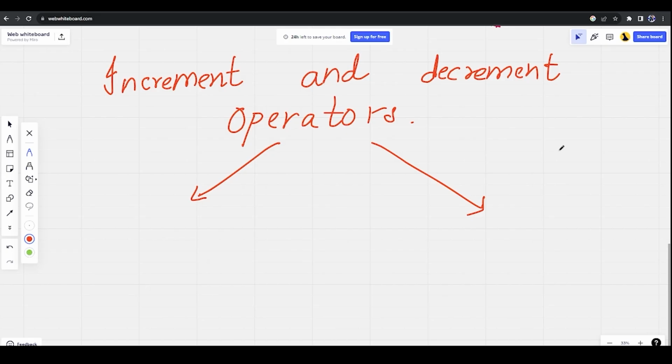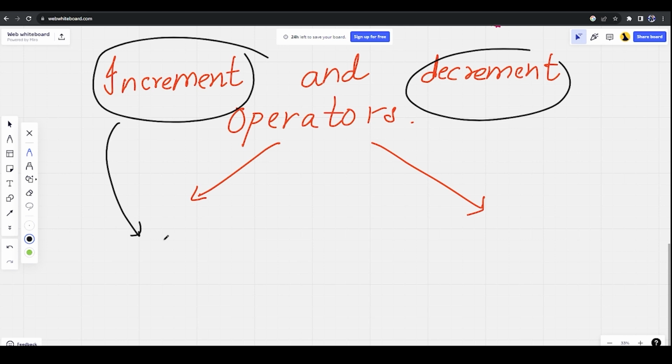Now today's class is very, very important because today we're going to discuss what increment and decrement operators are. It's very easy to understand, but for the very first time, you may get a bit confused, but if you listen to it very carefully, you will understand it at that point. First, we'll discuss increment, then we'll move to decrement. From the word only, you may get the idea. What increment means is increasing, in simple words.